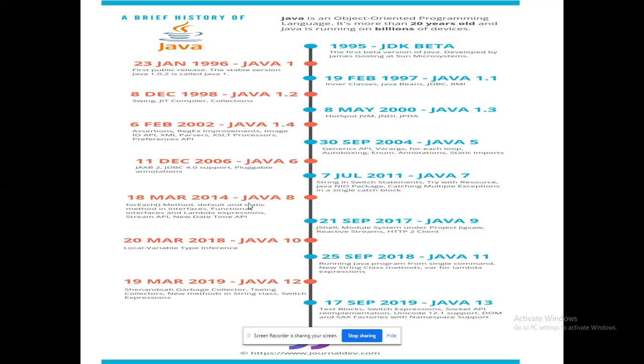In 2014, they released lambda functions, which you may have come across in Python, and other features like web server management emerged from 2017. Inference types were also introduced in 2018. Some other advancements emerged in lambda expressions from 2018 for Java 11. In Java 12, there were some interesting things on memory management. In Java 13, it is ready to work with cross-platform functionality. That's 2019.